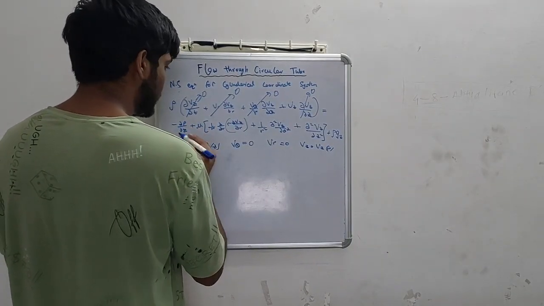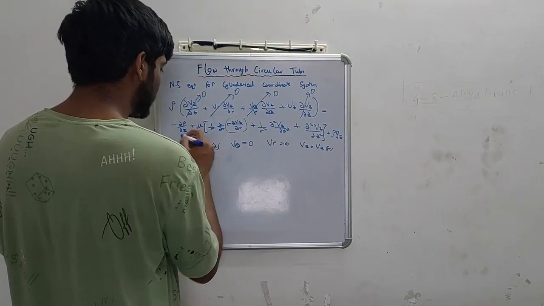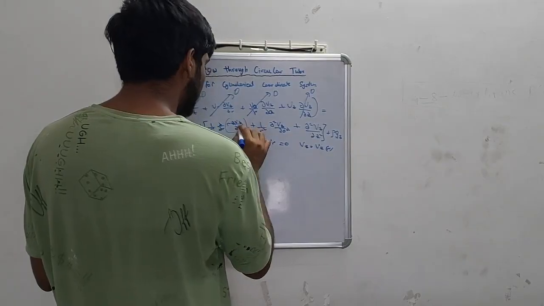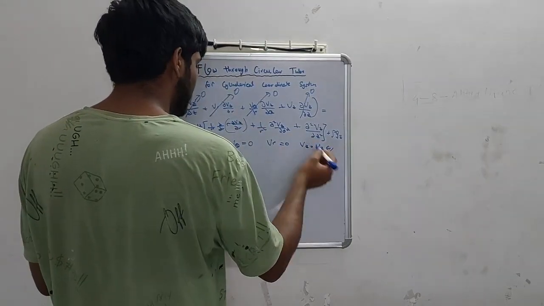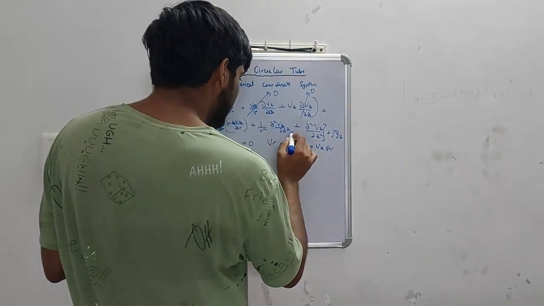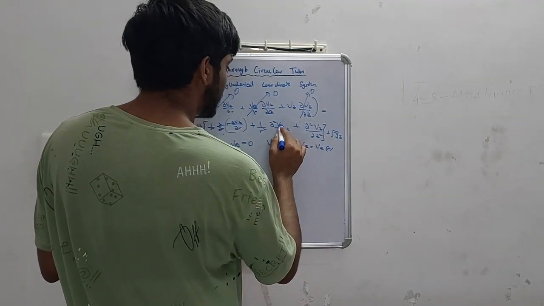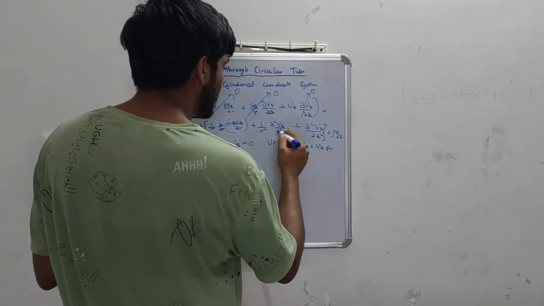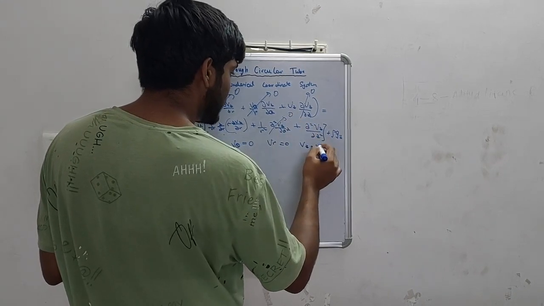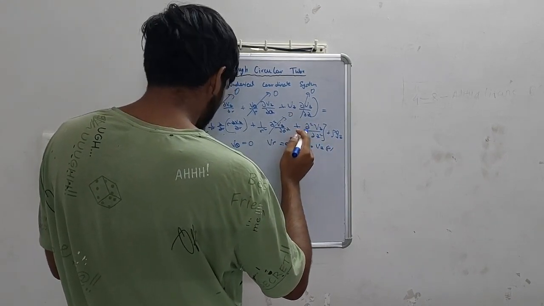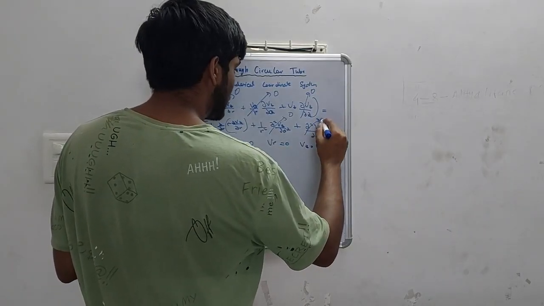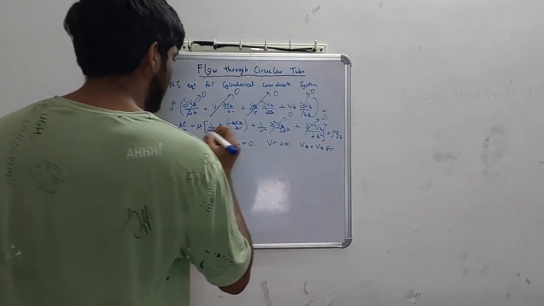Del P by del z, pressure is changing in the z direction, so this term will be there, and del Vz by del r, Vz is changing in the r direction, so this term would also be there. Del square Vz by del theta square will be 0, as Vz is not changing in the theta direction, and del square Vz by del z square is also 0 as Vz is not changing in the z direction. So the only terms remaining would be